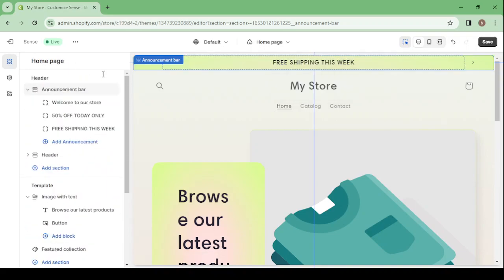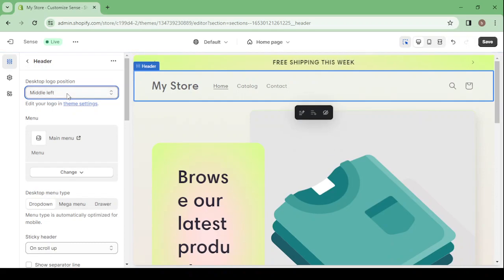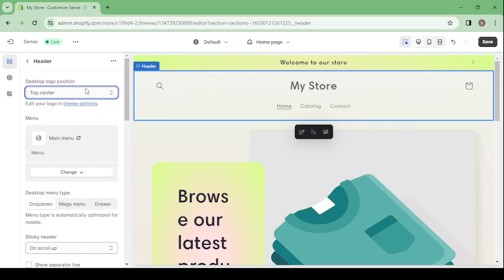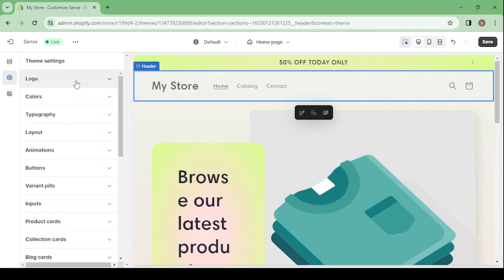Then let's proceed to the header. Just click on the header, and then you will be able to change everything about it. Here you can control the desktop logo position. If you want it in the top center, the middle left, or the middle center, you can change it to whatever you like. Top center, top left. Let's leave it at the middle left. That's good, I think. And in order to add your logo, go to theme settings, click on logo,